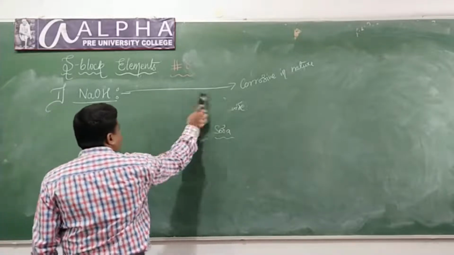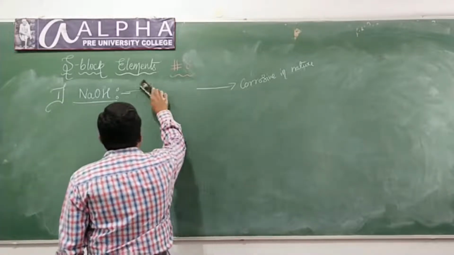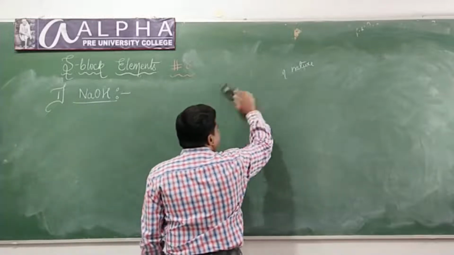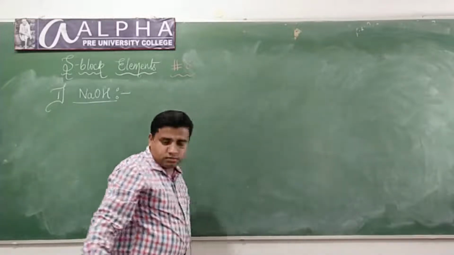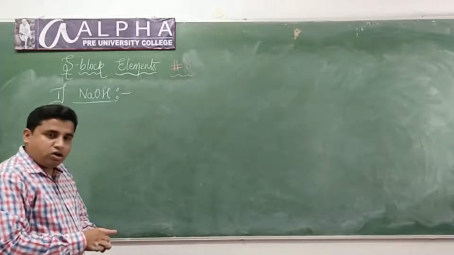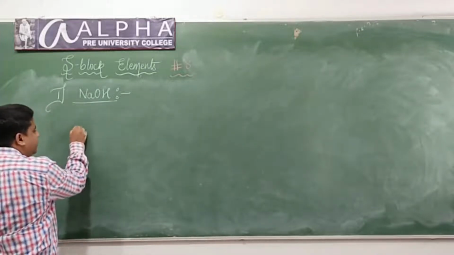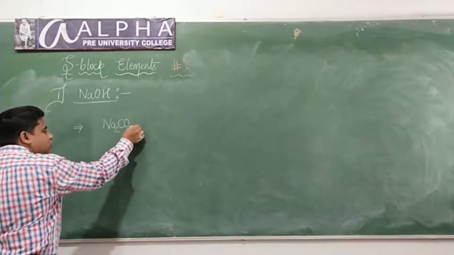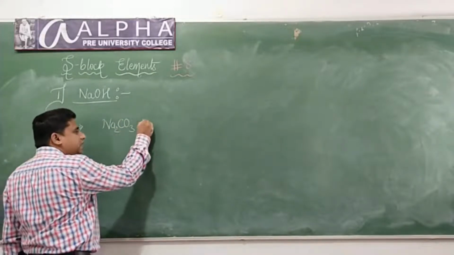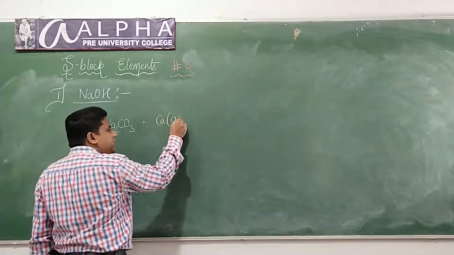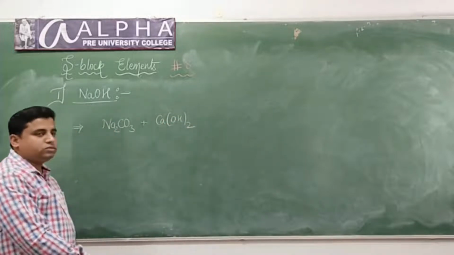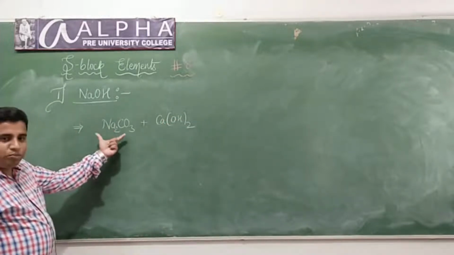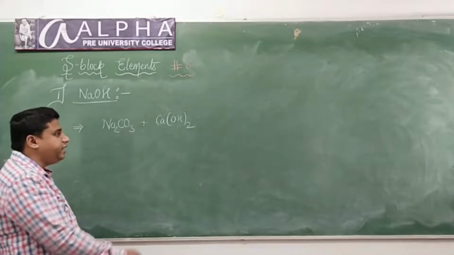How do we prepare sodium hydroxide? Okay, a very simple method. Look here. When sodium carbonate, Na2CO3, reacts with calcium hydroxide, Ca(OH)2, okay, when sodium carbonate reacts with calcium hydroxide,